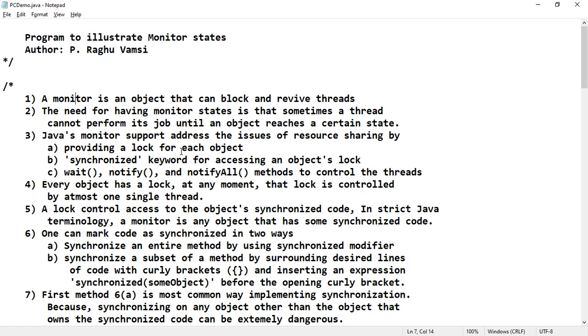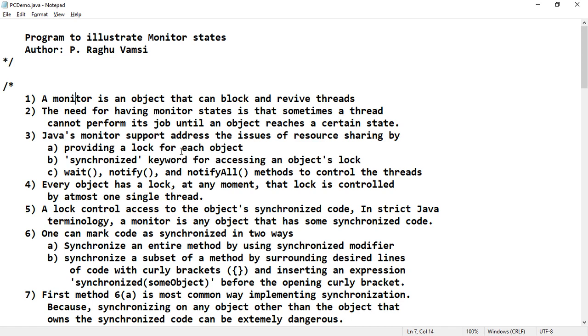A monitor is an object that is used as a mutually exclusive lock, or we can say mutex. So a lock is given for mutual exclusion. Only one thread can own a monitor at a given time. When a thread acquires a lock, it is said to have entered the monitor. Otherwise, it has not entered the monitor. All other threads attempting to enter the locked monitor will be suspended until the first thread exits the monitor.